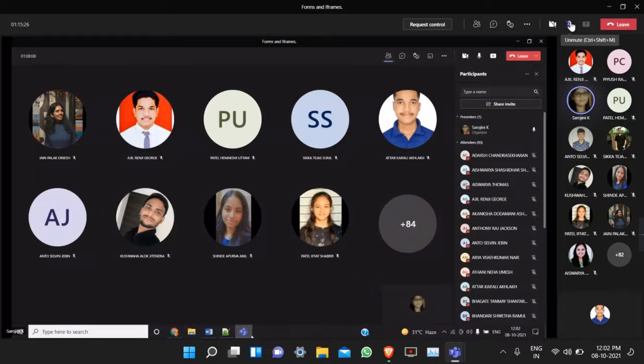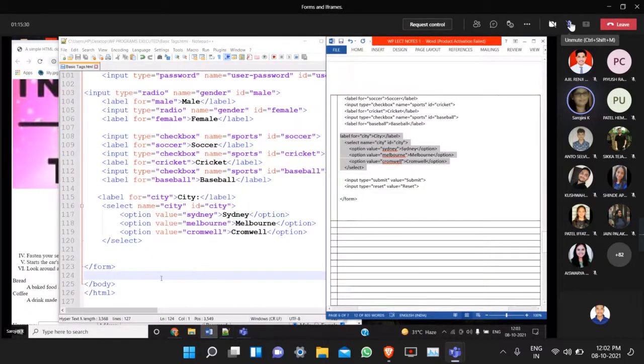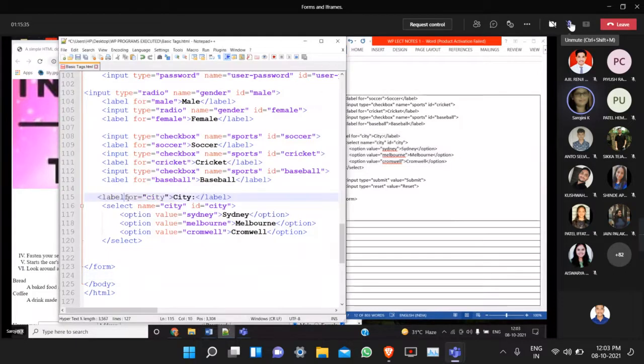Okay, so that is the list box. Now the code for the list box. Now listen here. Till now, to display form controls, we mostly used the input tag. Only to display the text area we used the textarea tag. Remember, to display the text area we did not use the input tag.